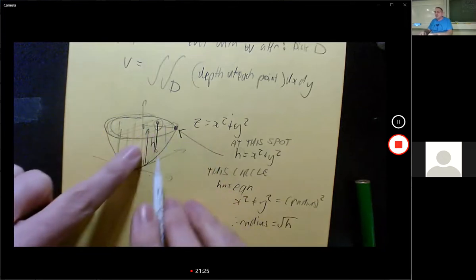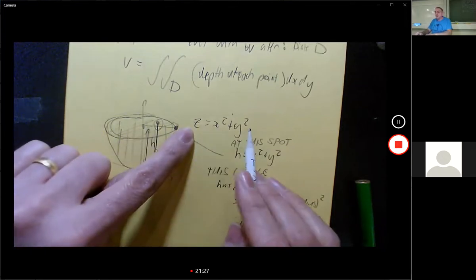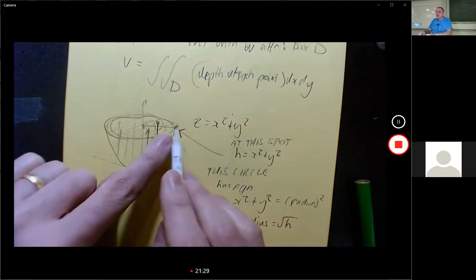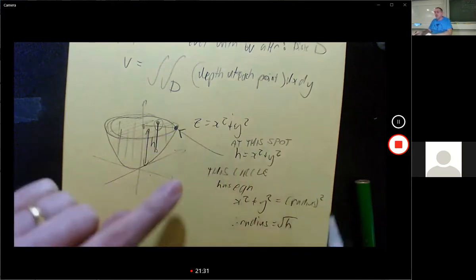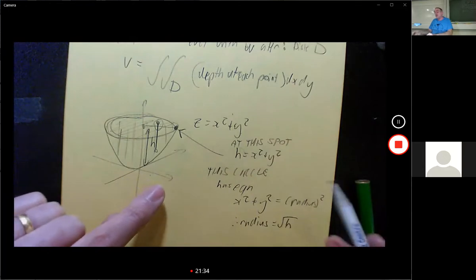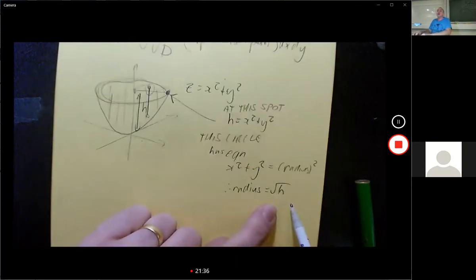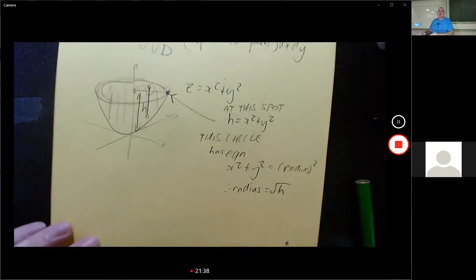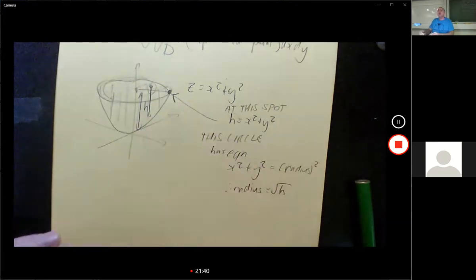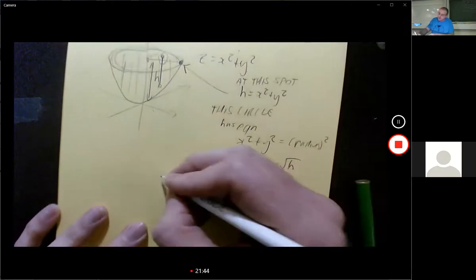I've been told that the height of this is z equals x squared plus y squared. So at the very top, h is x squared plus y squared. And if it was a circle, x squared plus y squared would be the radius squared, so the radius must be root h. And if I want to locate every point inside a circle of radius root h,